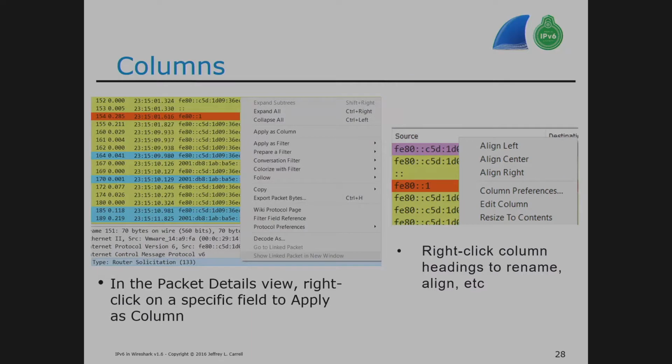It's all portable. The configuration information is portable. You can share it with the rest of the team, put it on a shared drive, send it in an email. It's a few little files. You can put it under each configuration profile in a folder, and then it's got all of its display filters and color rules right there. So it's portable to the team. Or like me, it's portable to all my computers in the lab. Once I get something built up, I put it on a shared drive, I go get it, put it in the folder, and now I've got it. And all my Wiresharks are basically the same no matter which computer I get on.